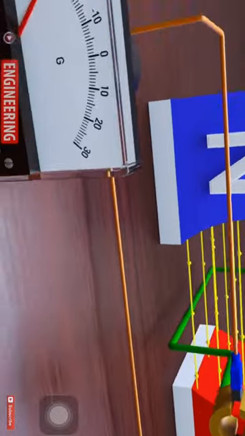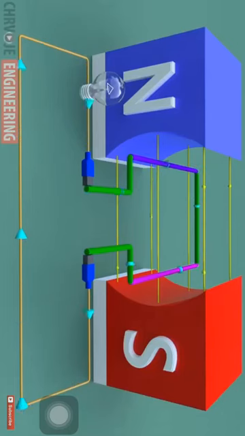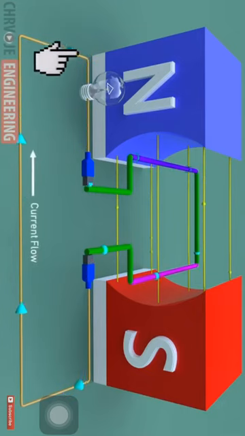A galvanometer is an analog electromechanical actuator that produces a rotary deflection of some type of pointer in response to electric current. So how does the DC generator work? Firstly, we don't want that current direction to change. We want it to remain the same at all times, let's say in this direction. So, how do we do that?